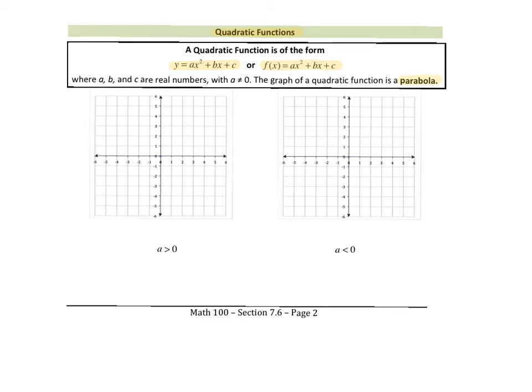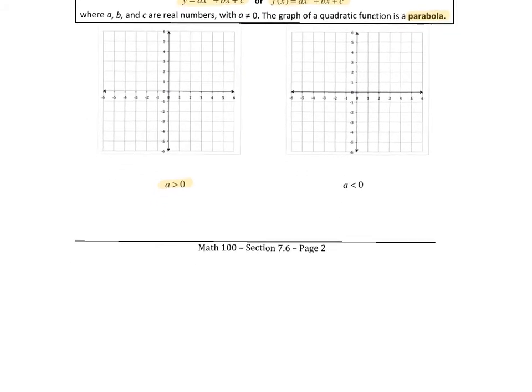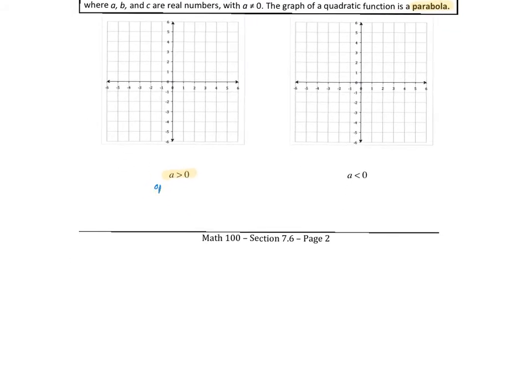Let's go ahead and review what that means. If your A value, so that would be the number or the coefficient on the x squared, is greater than 0 or positive, what that means is your parabola will open up. It will look like a smile, right? Because this is positive and positive people smile. So you're going to get this